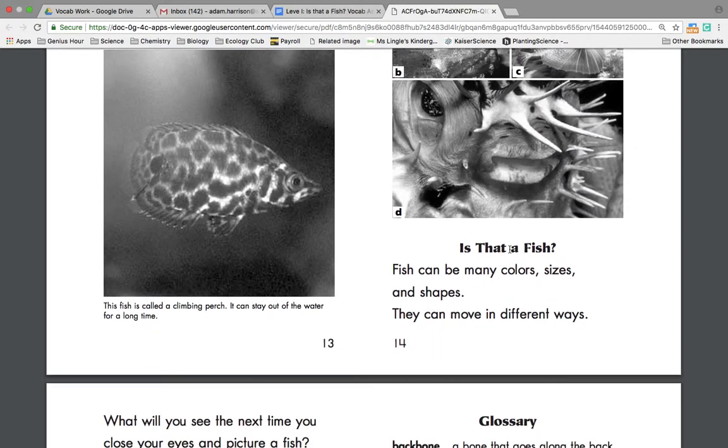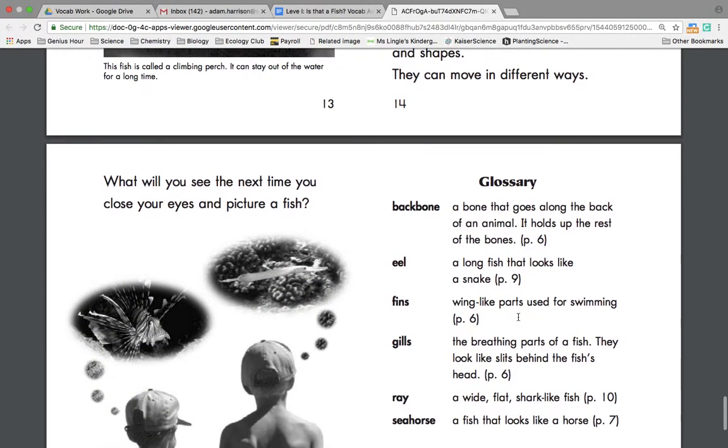Is that a fish? Fish can be many colors, sizes, and shapes, and they can move in different ways. The next time you see